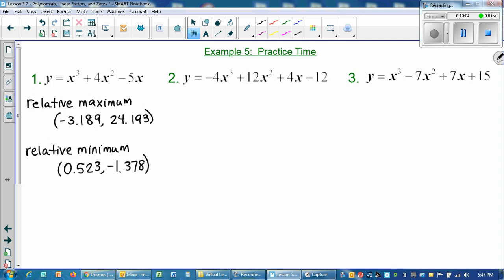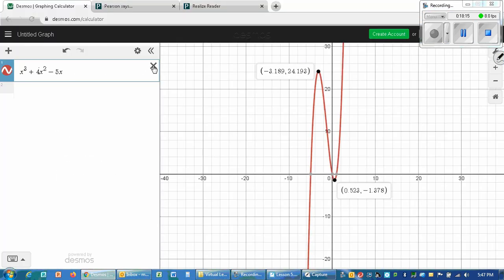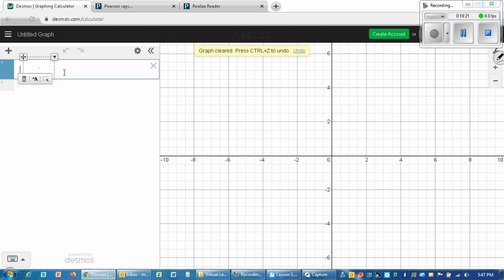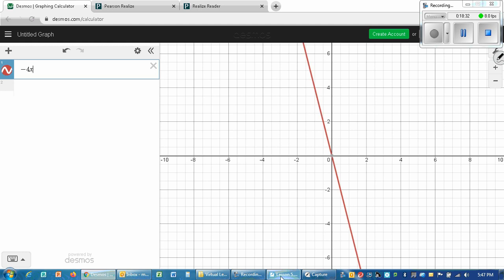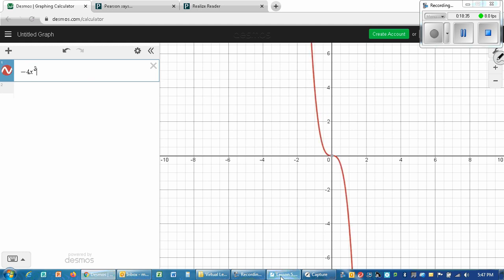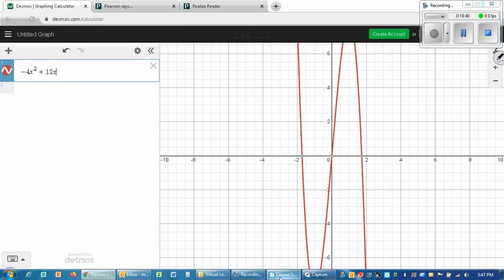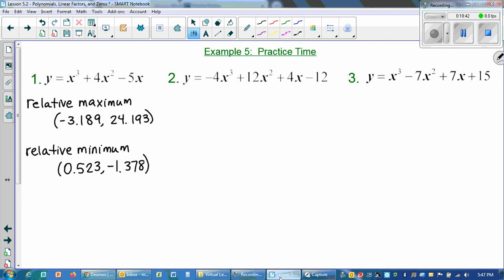I'll go ahead and do our next equation. So again, just like in the first equation, we'll pull up our screen, exit this guy out, and ask to get a new blank graph. Okay, so the first equation will be negative 4x to the third, an arrow to the right, plus 12x squared, plus 4x